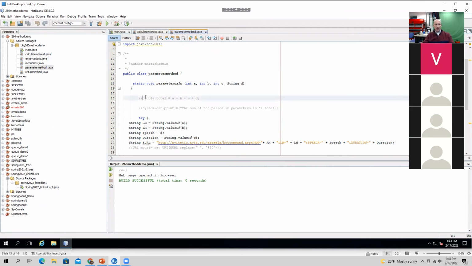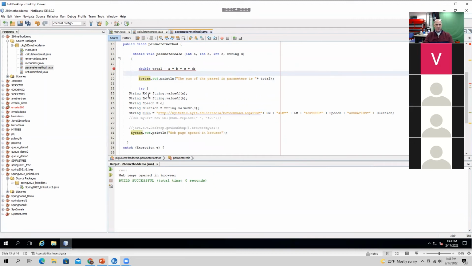So what I'm going to do here is take out these comments because I think that's what's actually causing the issue. So we're going to output the total of A, B, and C here because they're integers. So it should work okay.